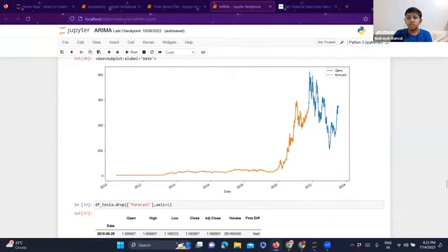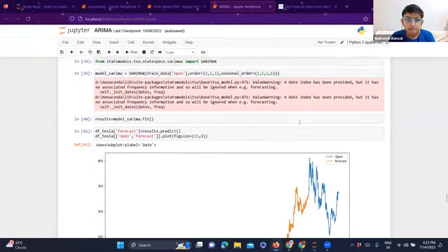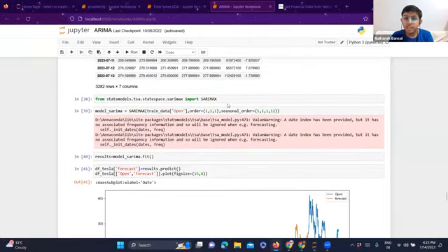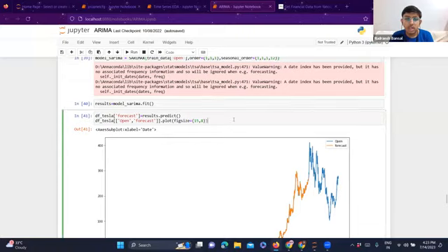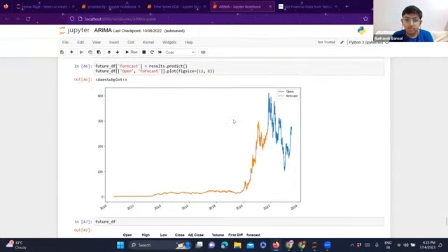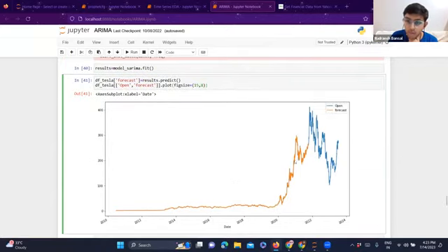Then I've checked the same thing with the SARIMAX model, which we checked in the previous notebook. The P, D, Q I'm taking here is 1, 1, 1, and the seasonality component is included with 12 months. So let's see what happens with that. With that also, your forecast is following open quite closely. So it might happen that with the train data you get a good result, but with test data you don't actually get a good result, and your error increases.